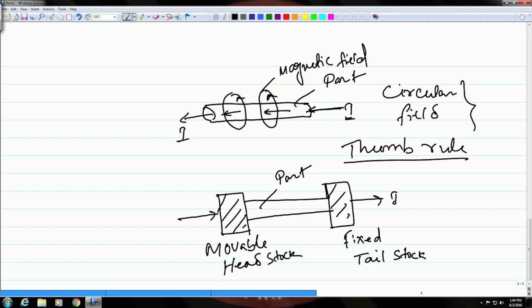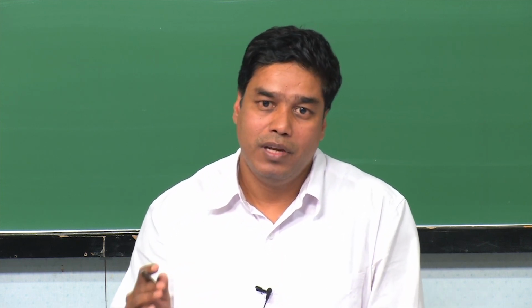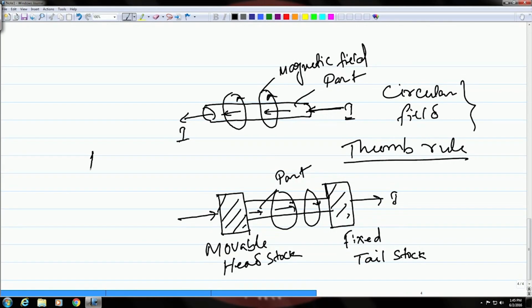Okay. Now, just now we have seen that if you flow the current like this, then it will create a magnetic field around this like this. Okay. Now, since the field which is created has a particular direction, the orientation of the cracks and the defects with respect to the direction of the field will affect the visibility of a particular defect, because of this directionality that you have in this case. So, you will have best visibility